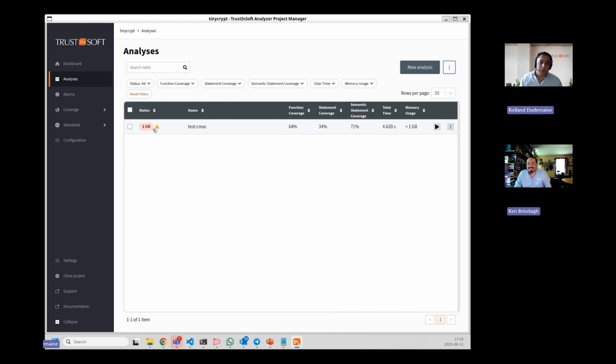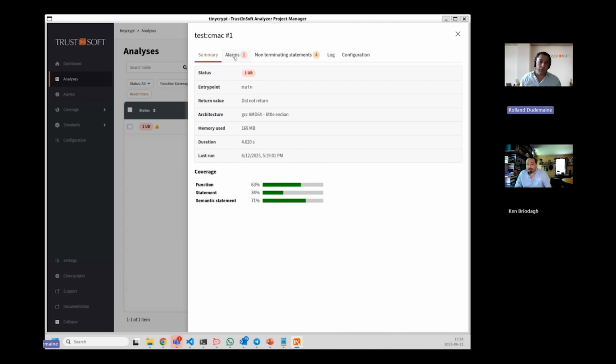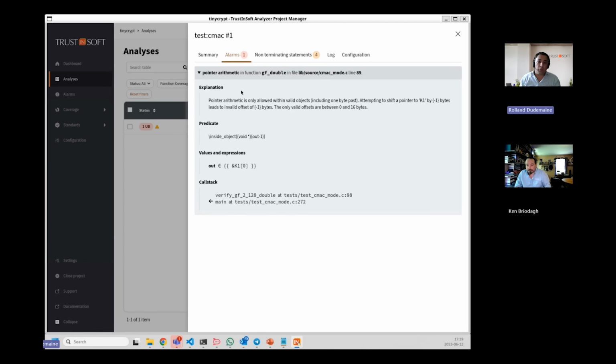And it did find one bug. So one thing you can note is it's not going to be like some of those static analysis tools, which are going to give you 100 bugs or 100 issues. It's actually finding one issue, and that issue is reachable. So it tells us that there's a pointer arithmetic issue. Oh, wait, I need to undo. Well, that's fine.